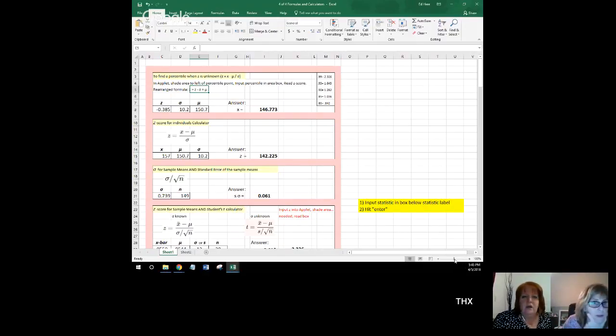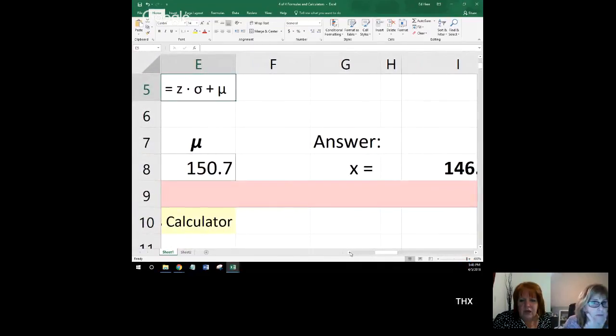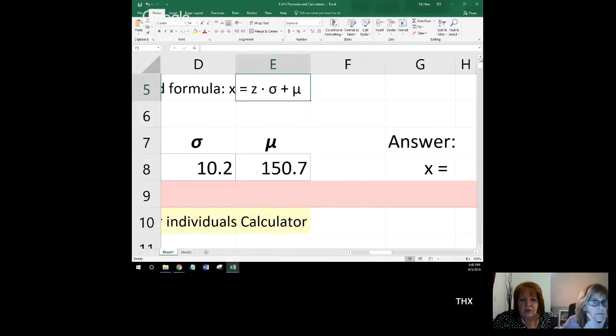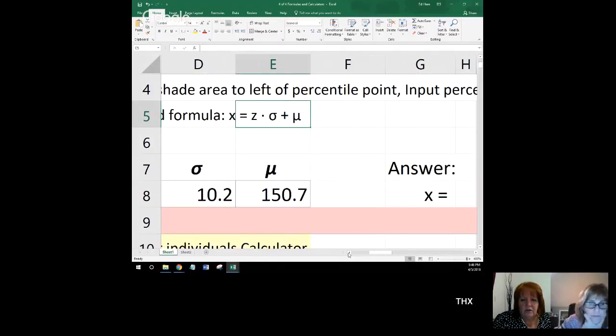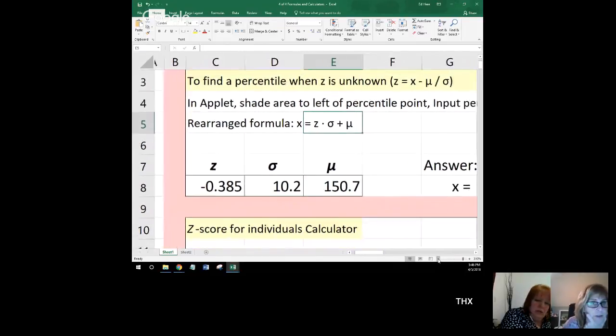Did you let me go first? Okay, so then we're using, oh, which one are you using? Yeah, it's this one right here. This here is kind of an X equals restatement of the Z formula that Sister Lemon taught us. So then we did negative 0.385 times 10.2 plus